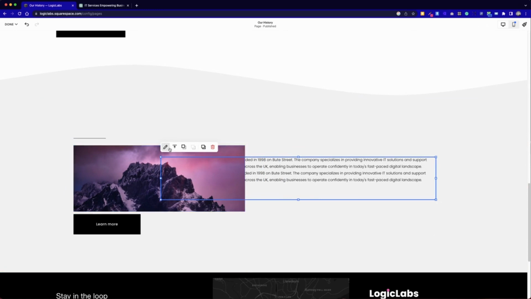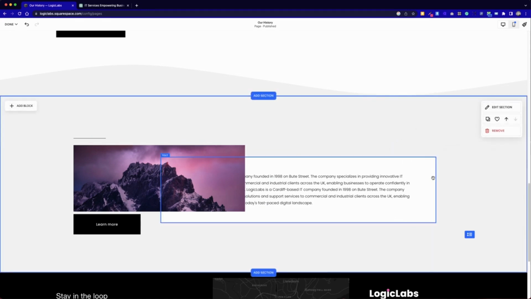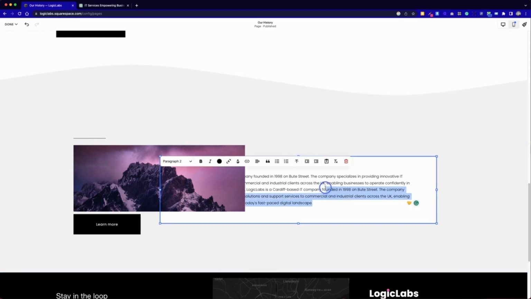And now we're going to select this section, click on the pencil icon. We're going to add a background. The moment we add a background, we can choose the padding that we want around the content. And we can see there's the background. On this screen, there's only a subtle difference. I need to calibrate it a bit better. But if I was just to shorten this down,